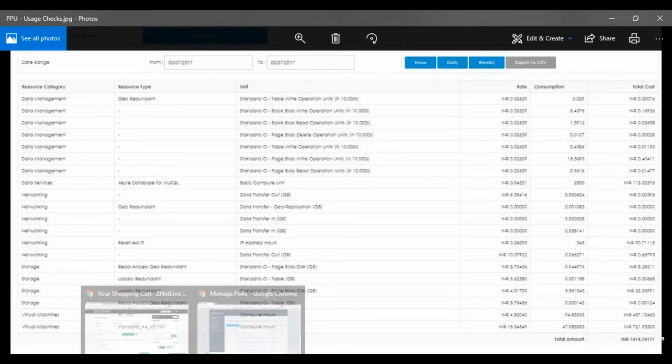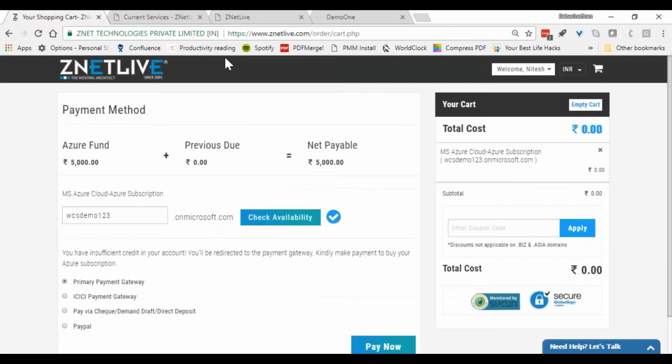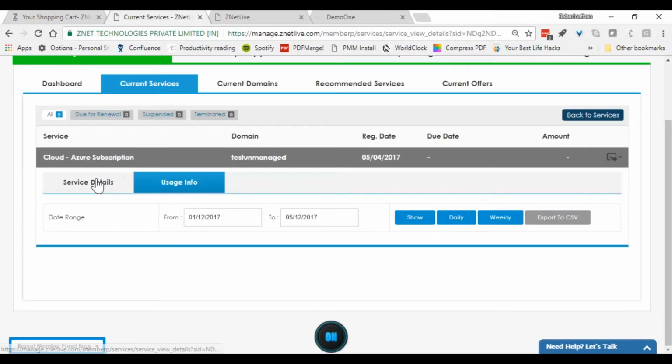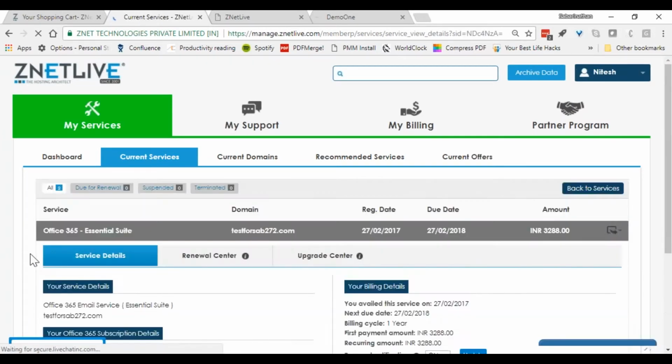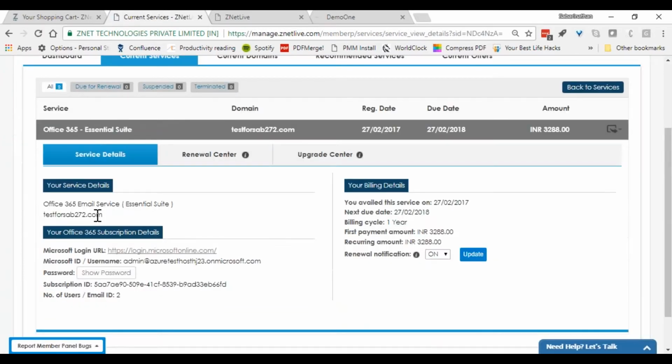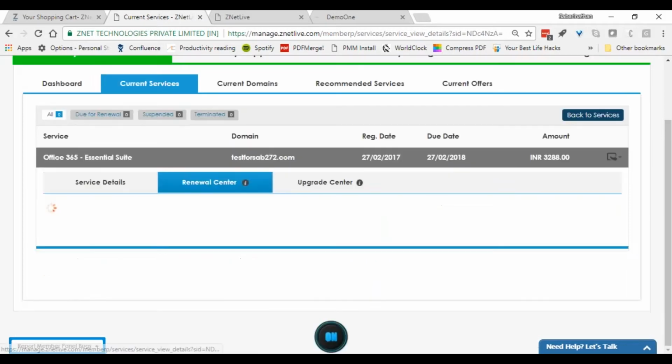So to summarize what we looked at so far, customers have a control panel where they can look at all the services, etc. They can also look at, for example, upgrades and downgrades of some services as well. So for example, Office 365, this is basically the domain used, the actual subscription details of the Office license, the customer purchased a yearly plan, and also this is the start date, end date of the service, recurring payments, etc.